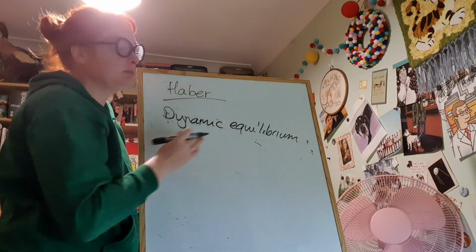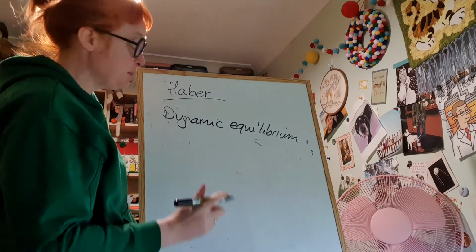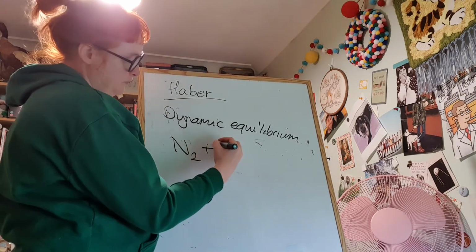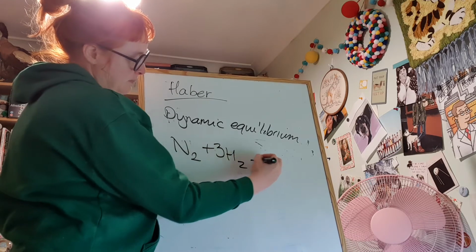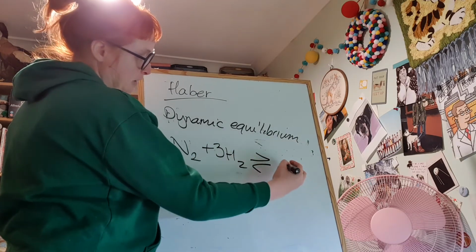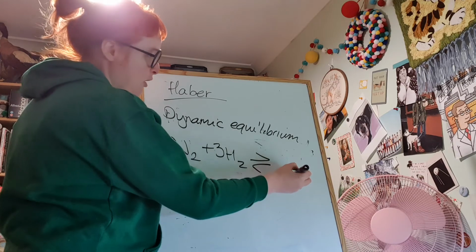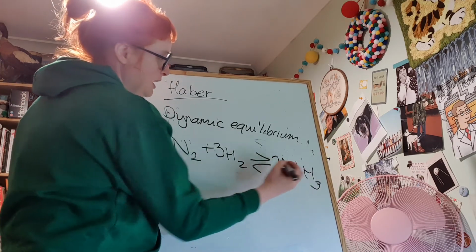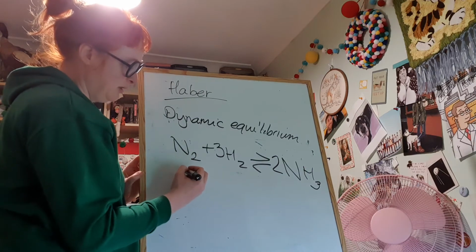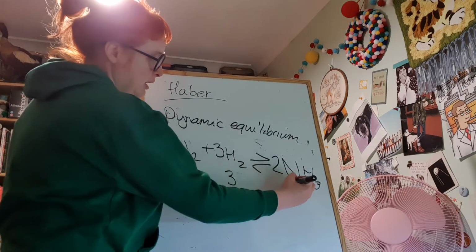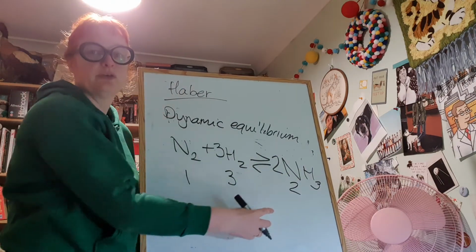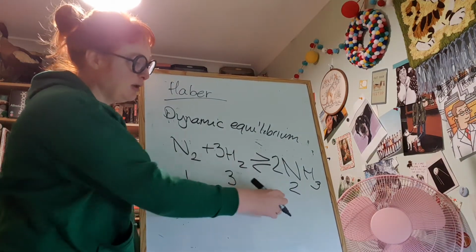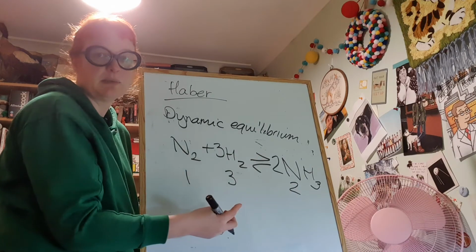So we've got this backwards and forwards in a dynamic state, and we'd assume from our equation, using our old way of thinking, our old stoichiometry, that you put in 1, you put in 3, you'd end up with 2 moles, using that normal old arrow way. You put 1 plus 3, we've got 2 moles here, so that's how much we're going to get. But that's not what's going to happen.